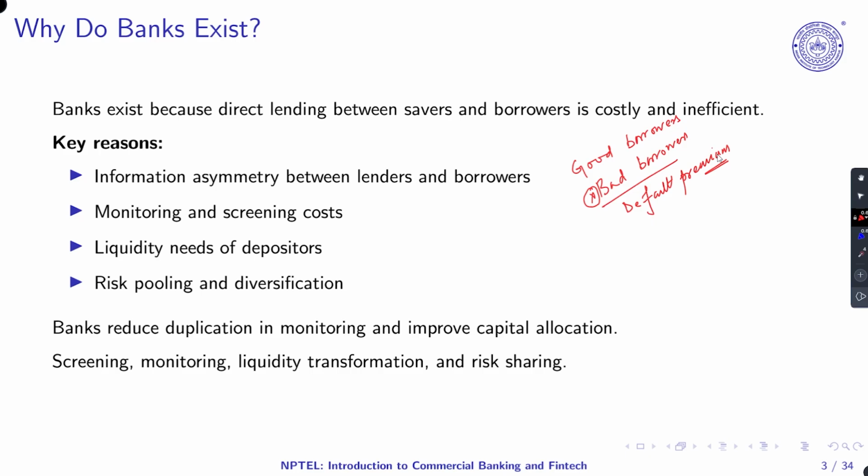So the bank will charge a higher rate of interest. As a result, there will be crowding out of good borrowers also. So credible borrowers will also experience the same high rate of interest. So that is the unfairness that we see. Sometimes, whenever we have high uncertainty in the market, banks tend to decline even the request of the good borrower, which is somewhat concerning, and this is where we see information asymmetry playing an important role.